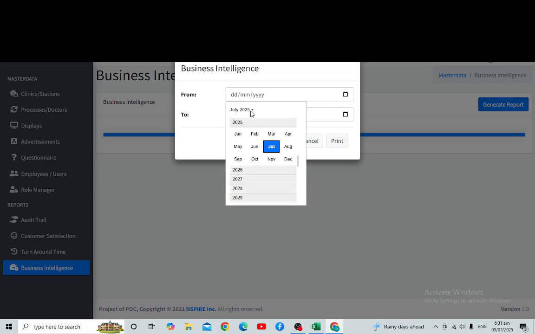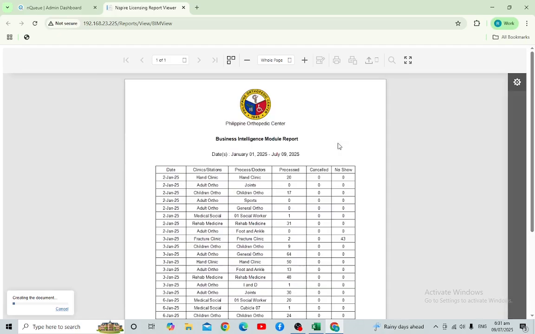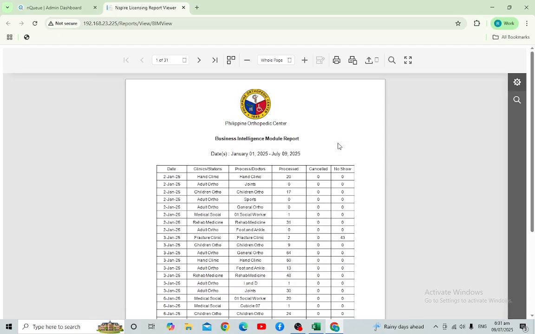It will give me the raw data of every entry, which has the date, clinics, and doctors.